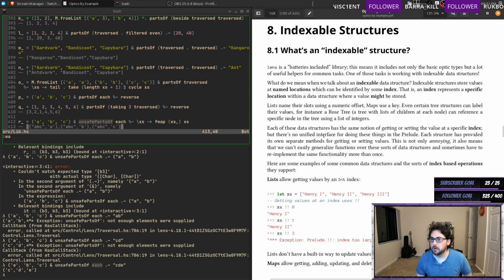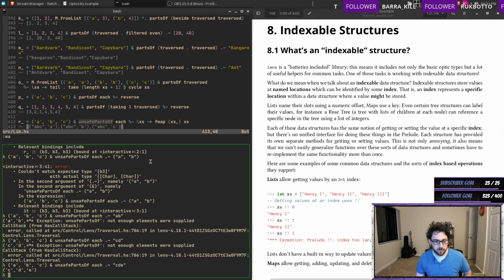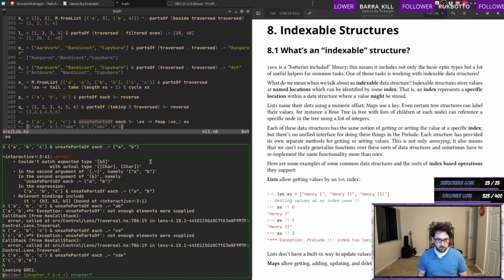Okay, cool. So that gets us to chapter 8. So let's quickly commit some